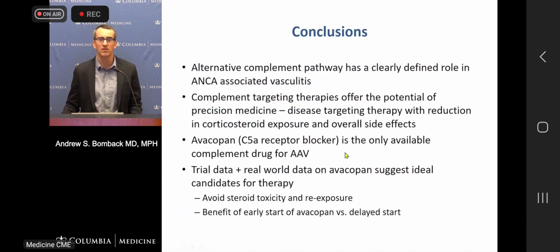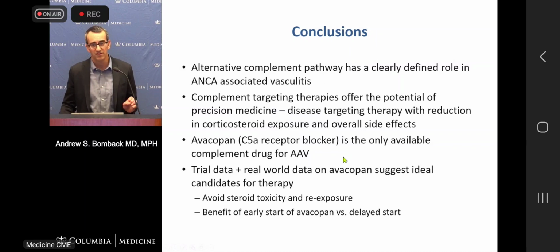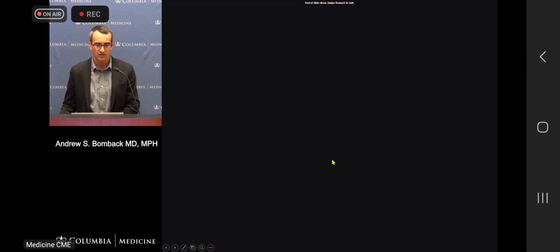So to conclude, the alternative complement pathway has a clearly defined role in ANCA-associated vasculitis. Complement targeting therapies offer the potential of precision medicine with disease-targeting therapy and reducing exposure to a potentially toxic medicine in corticosteroids. Avacopan is the only available complement drug for ANCA-associated vasculitis now, but I think that might change in the future with the number of complement targeting drugs in development. And the trial and real-world data on avacopan suggests some ideal candidates for therapy in terms of being able to avoid steroid toxicity, avoid re-exposure to corticosteroids, and a clear benefit to earlier start of avacopan versus the delayed start. So I will stop there,